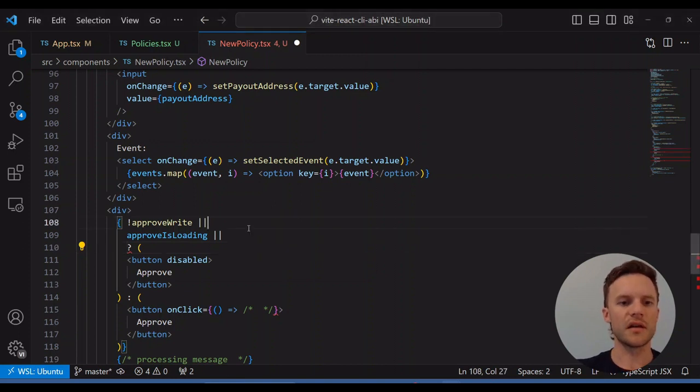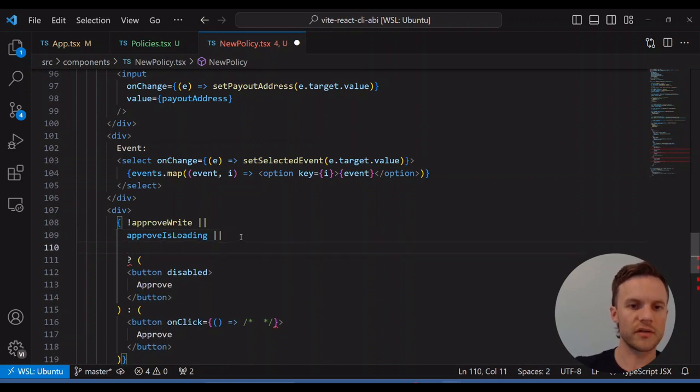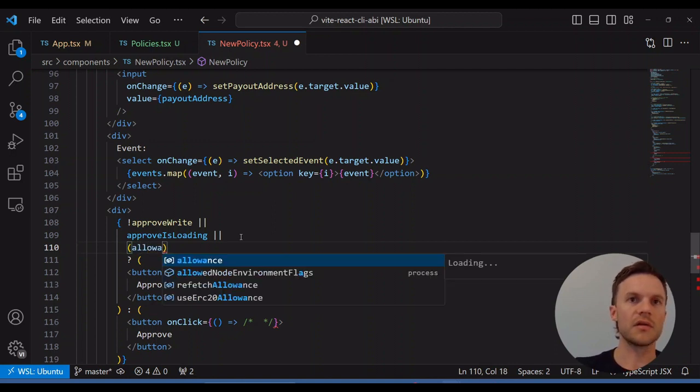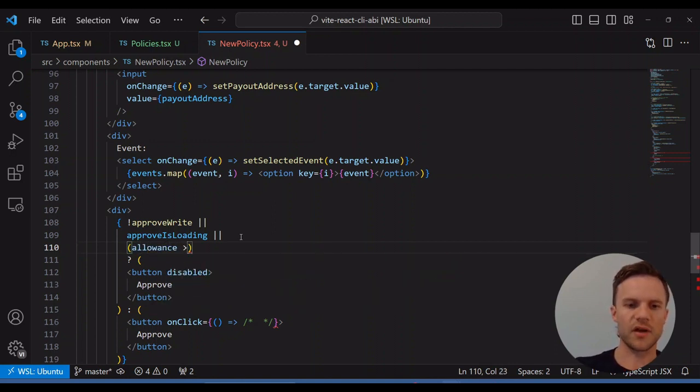And then the one other thing, I guess there's two other things we want to check for here. If the user already has an allowance that is greater than the amount they've entered in the form, they do not need to send an approve transaction because they already have an allowance greater than that. So if allowance is greater than or equal to,